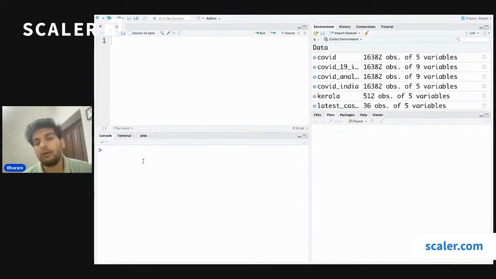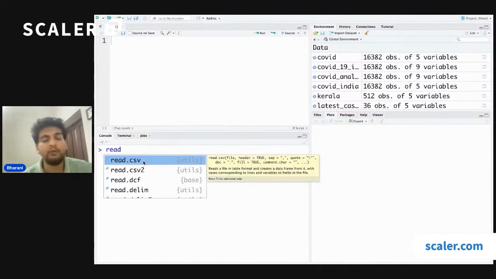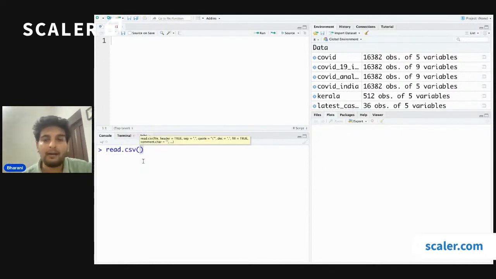So on that note, what I want to do is, again, we'll do a similar sort of analysis in R as well. So this is just to show you guys that R and Python, both of them are equally used when it comes to data science. And we are going to do a similar analysis with the R language. So let me just go ahead and read the CSV file. So when it came to Python, the command was read_csv. When it comes to R, the command is read.csv. And here, let me just give in the path. So this is stored in my downloads folder, and the name of the file is